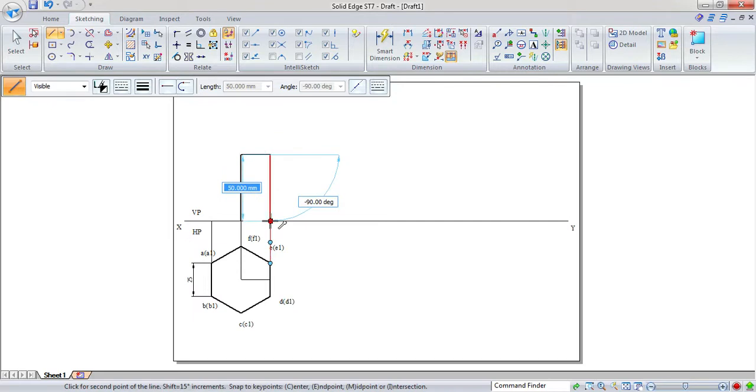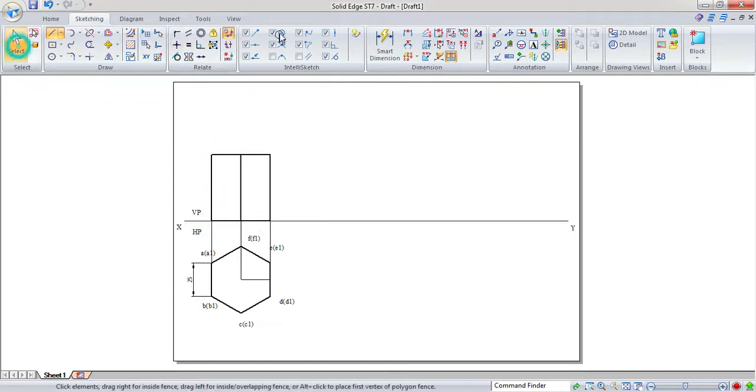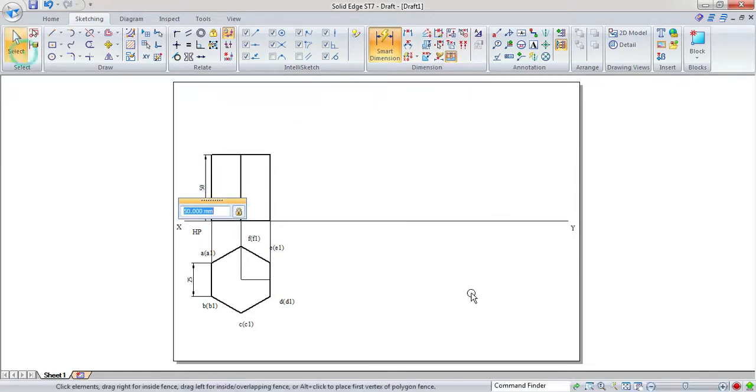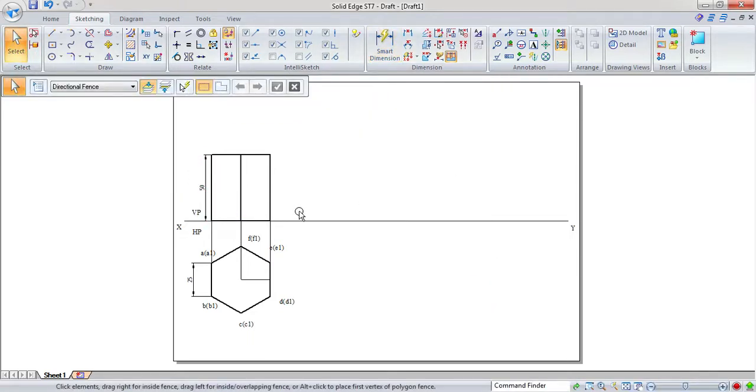And you complete the front view of the prism. Now with the help of smart dimension, you can show the dimension here. Here we cannot show the axis because the axis is behind the CC1 edge, that's why we can't see the axis here.